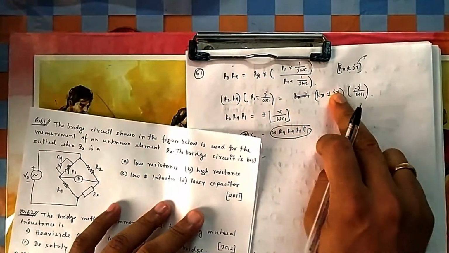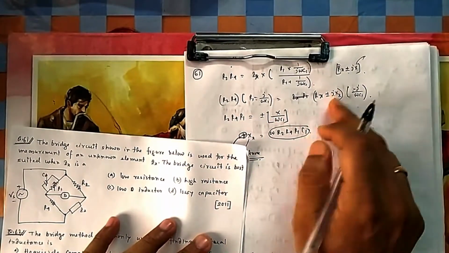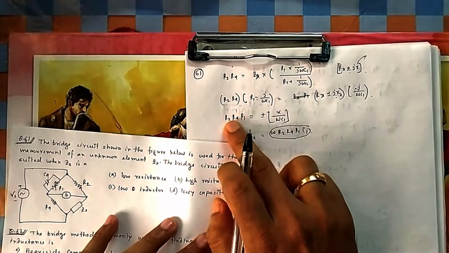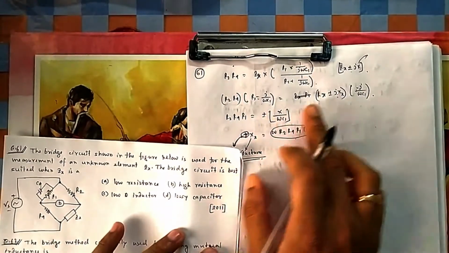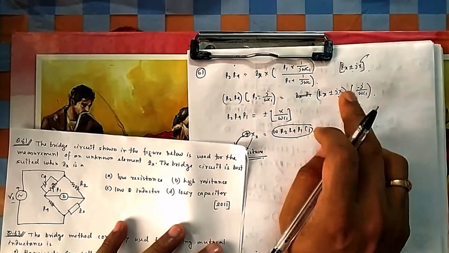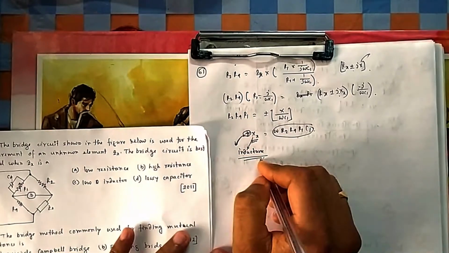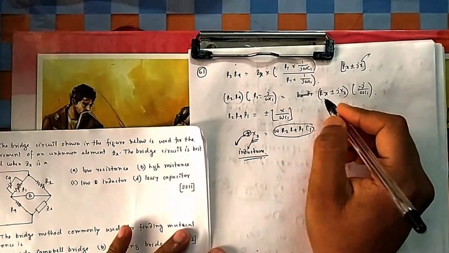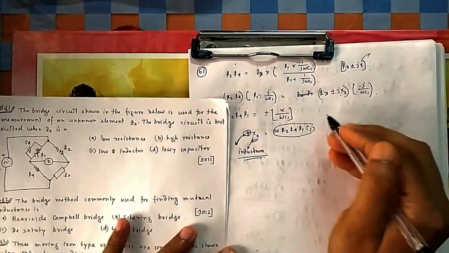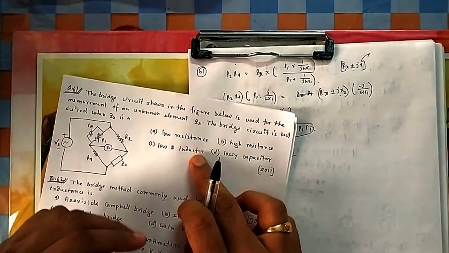You cannot have only R this side, so there will be no real part in that case. If you don't have any x, then this side will be 0. So it cannot be the product of 3 resistances being 0. So it is not that only resistance can be there. You have to have an inductance, that is x. So you are using it for measurement of inductance, and in that inductance some resistance may be there. So the answer is option C. Inductor means there is only one option with inductor, that is option C.